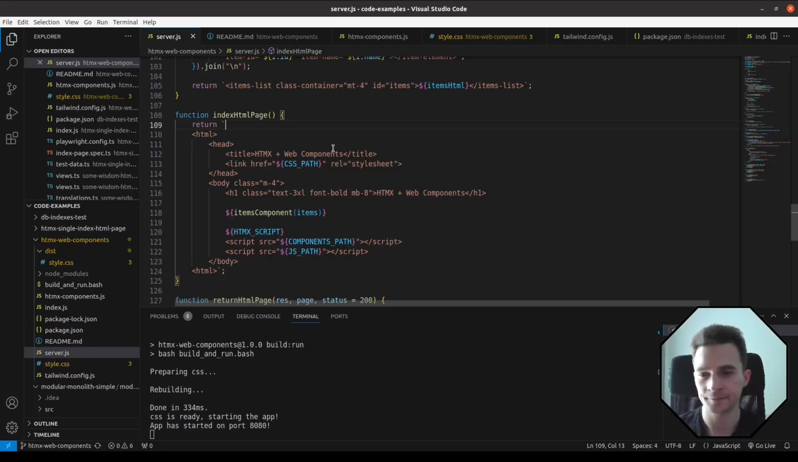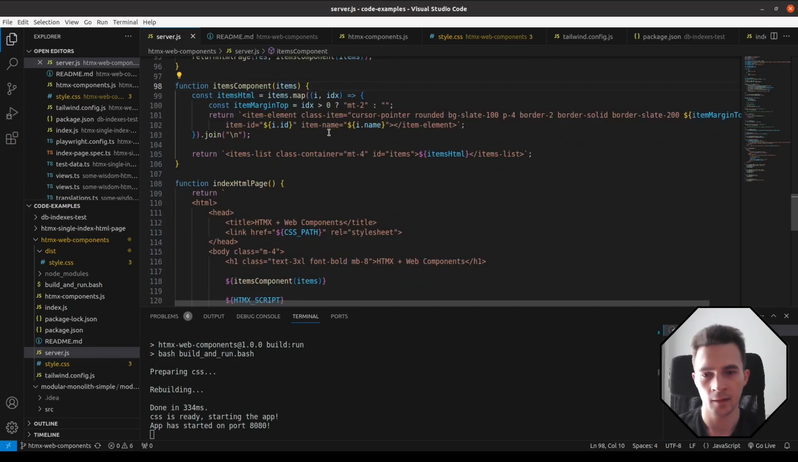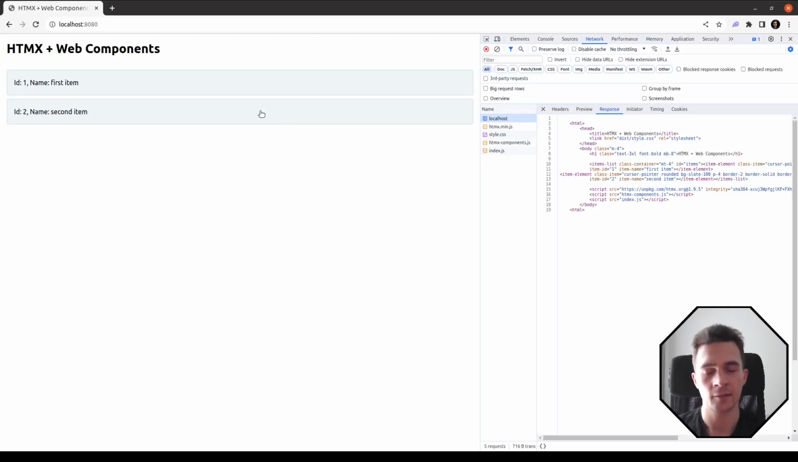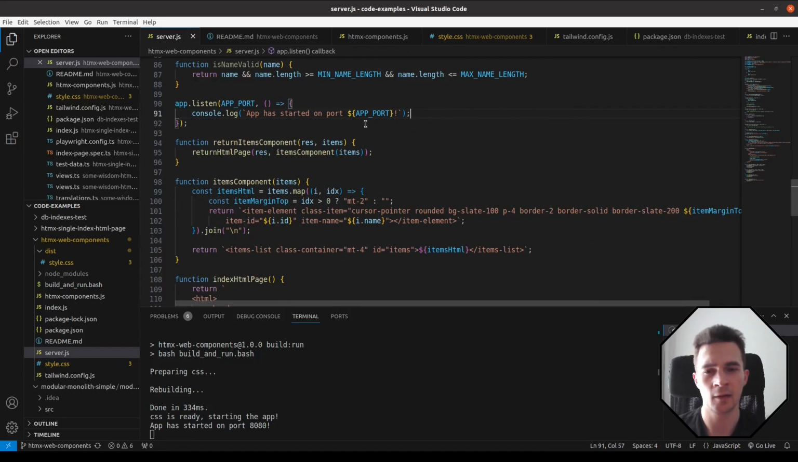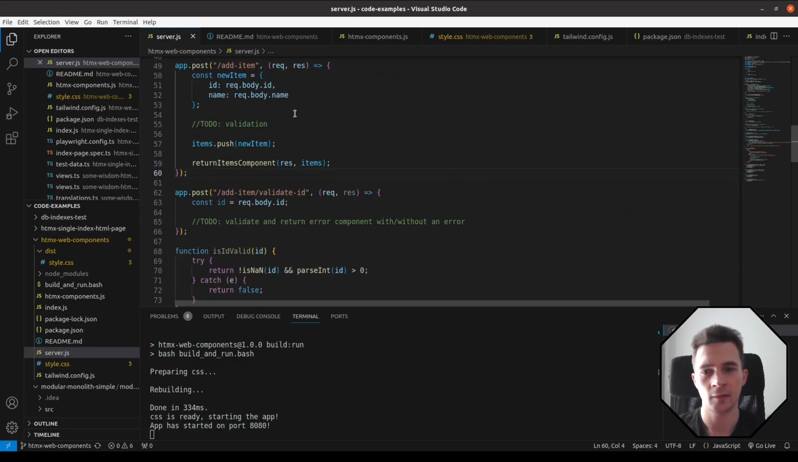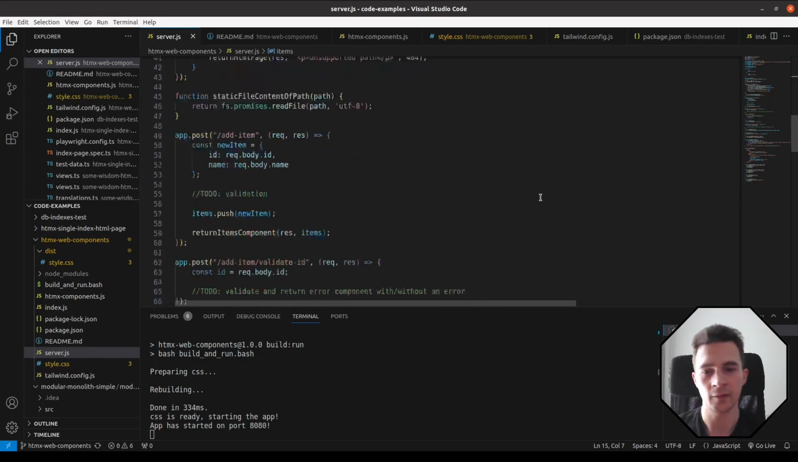Here we have a list, which is our custom web component. So we have items list, which is our web component that we have created. It doesn't exist in normal HTML. It's a custom tag, and we iterate over items, which are these guys. Let's see what we call it. Return items component, and yeah, we have items here basically that we